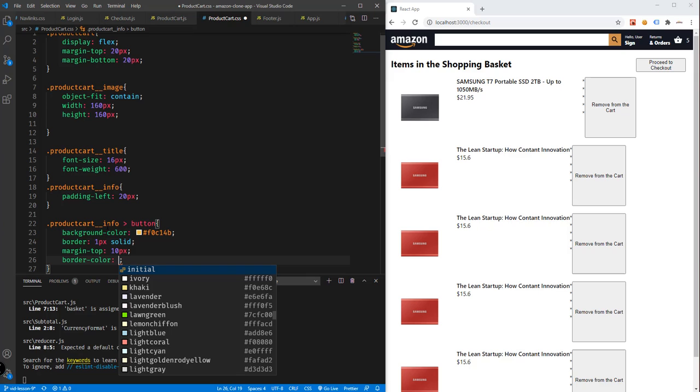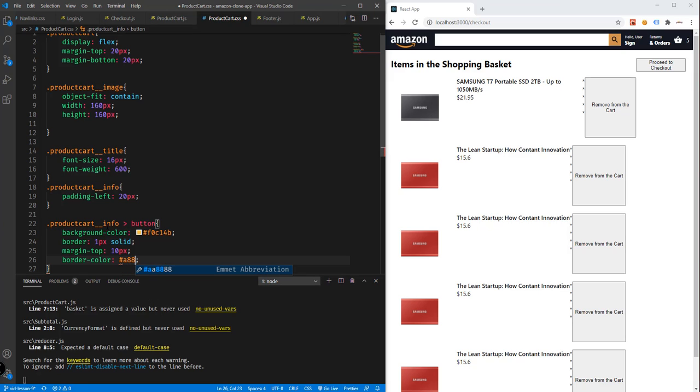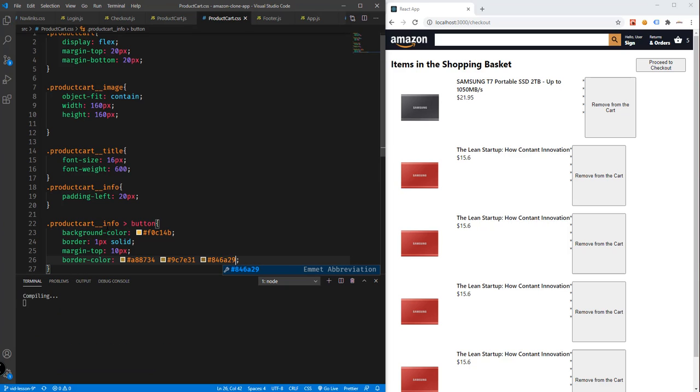So we're gonna have to add 3 values, 734. The second one will be 9C7E31. The third will be 846A29. Save this,